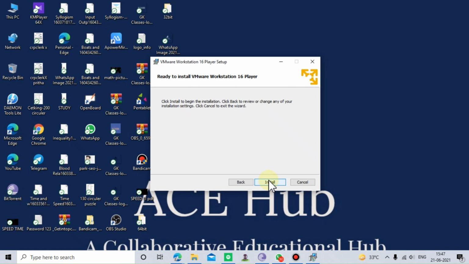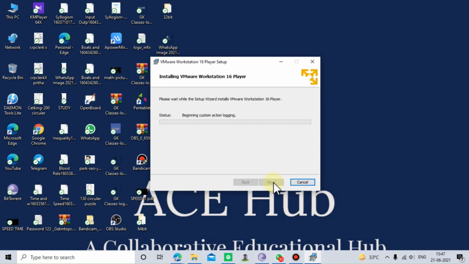Click on the install button. Your installation process will start automatically. Here I have to say one thing: the first time you click on this executable file for VMware Workstation, you might get a pop-up asking to restart the computer.